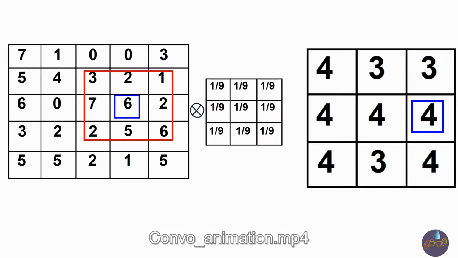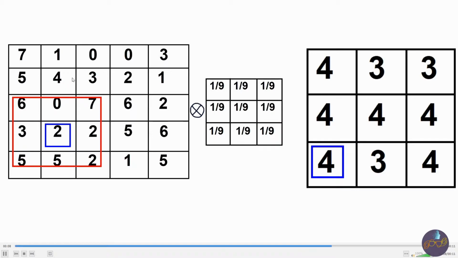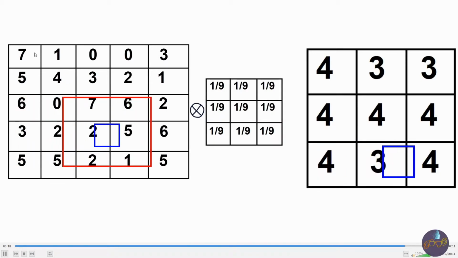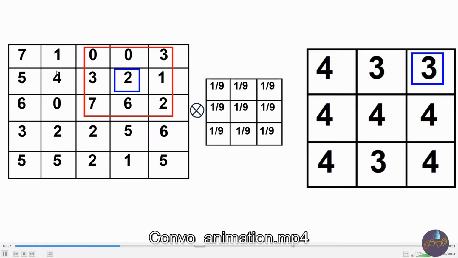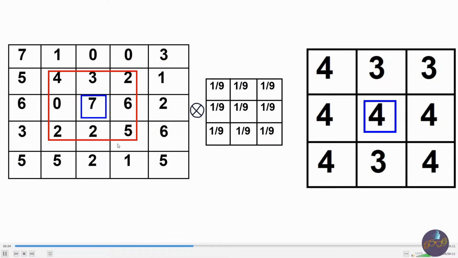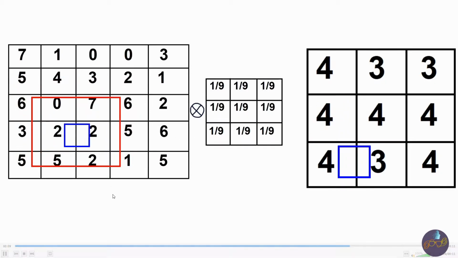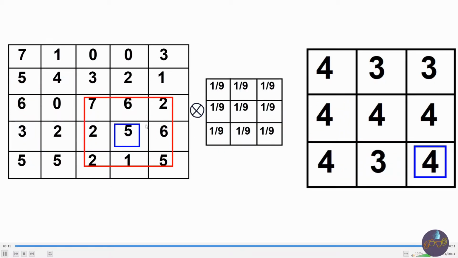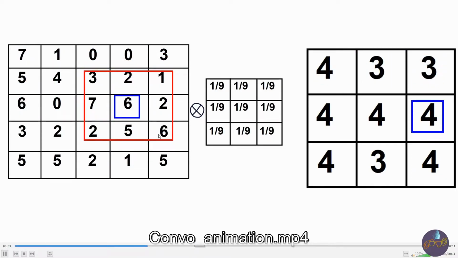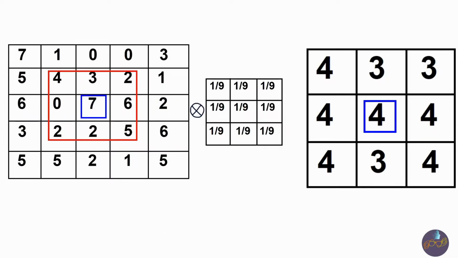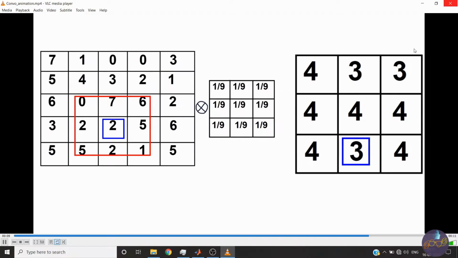So we have to decide our starting and ending central pixels. Like this is our starting central pixel. We cannot place our central pixel here. We have to place our central pixel here initially, and at the end we have to place it here. We cannot go beyond this or down. See, this is the last place. So we have to decide starting and ending locations of our central pixel. Okay, let's do it.